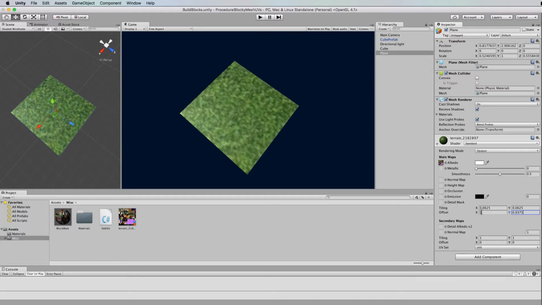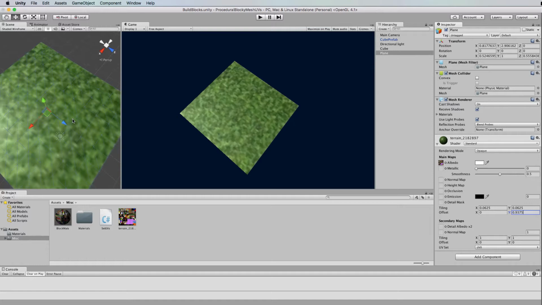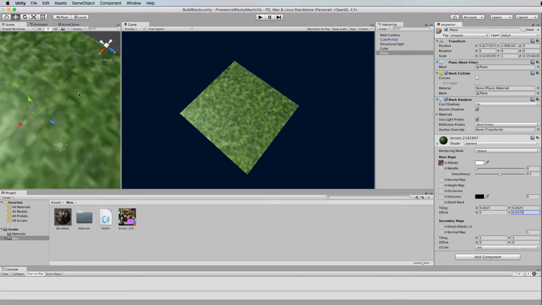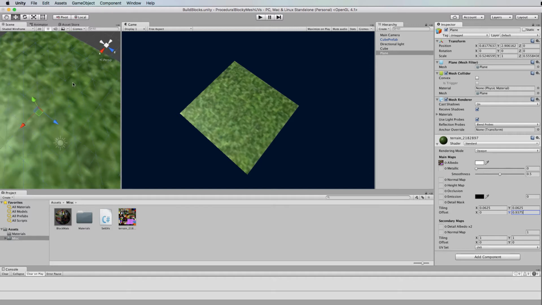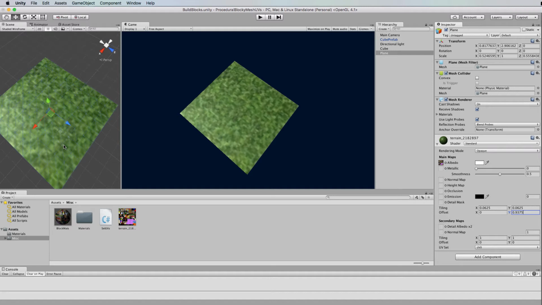The tiling and offsets work for the entire mesh that you're working with. So if you recall a plane, this plane is not a single polygon. It's made up of a whole bunch of polygons. And so Unity's doing a lot of its own UV calculations in the background when we put a single material